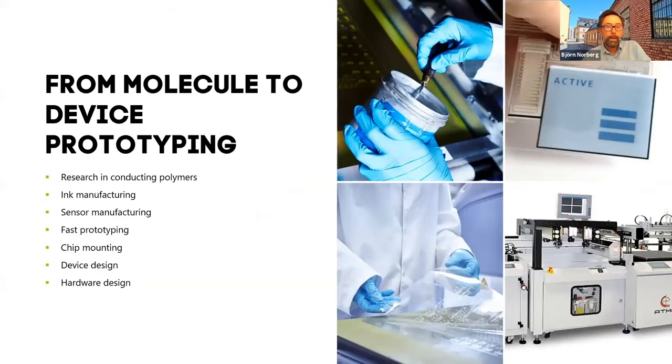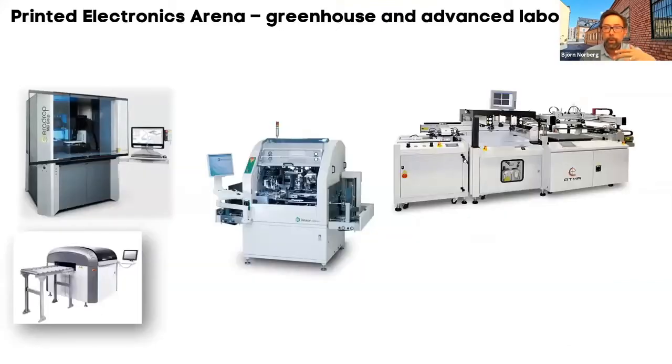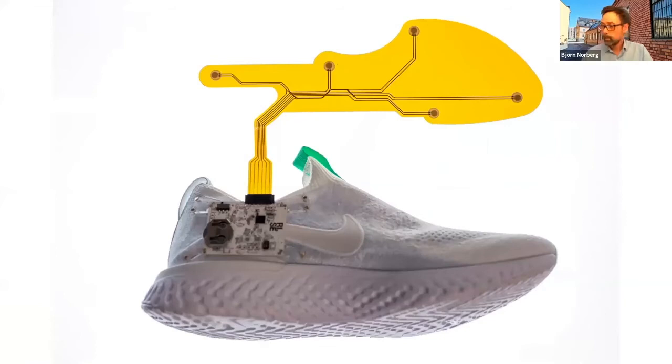Now, at the PIA, we are working with all these dimensions, both the chemical side of things, but also the manufacturing, prototyping. And we mostly work with screen printing and inkjetting. We have a whole bunch of different machines to help us. And then we are typically working with prototyping, early stage prototyping, rather than series manufacturing. So it might look like this on an ordinary day,